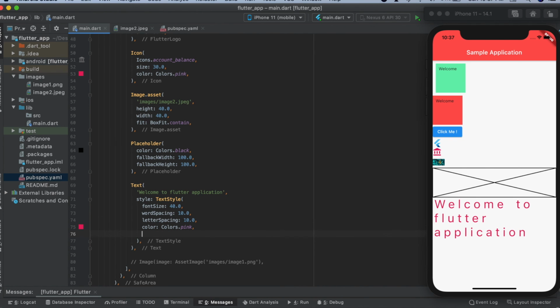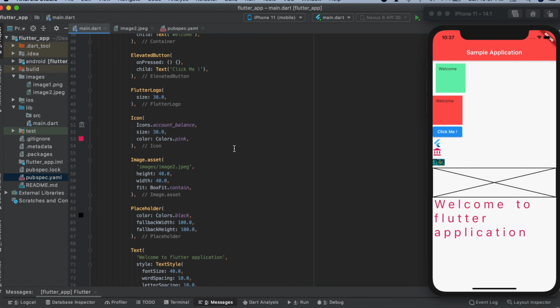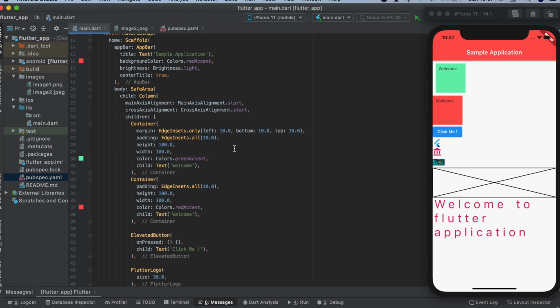Then we can also change the font. For font, I'll do it in a later video, on how we can change font and how to go through the assets also. For the image asset, I'll explain in another video. So this was all about your basic widgets.